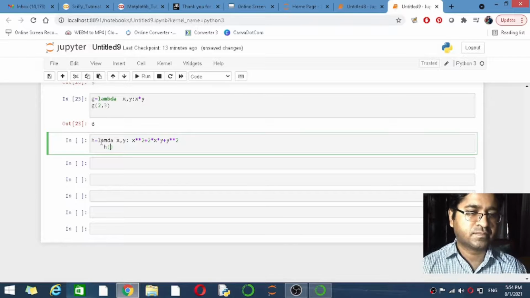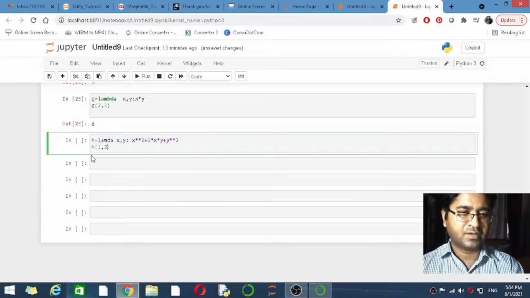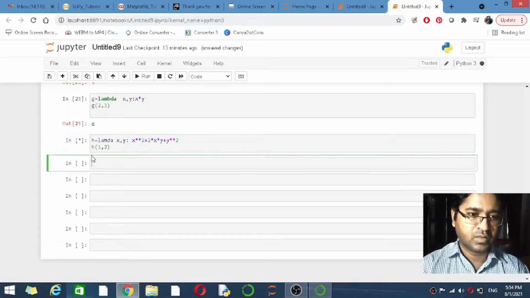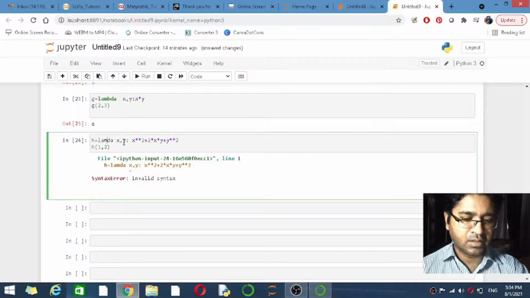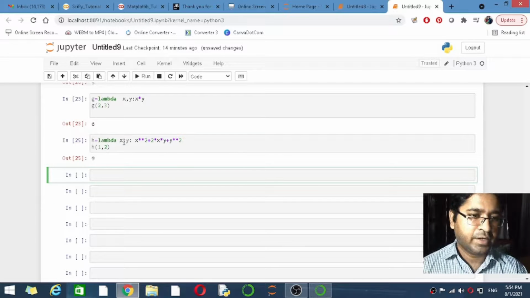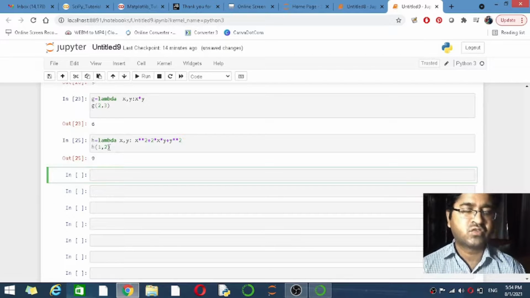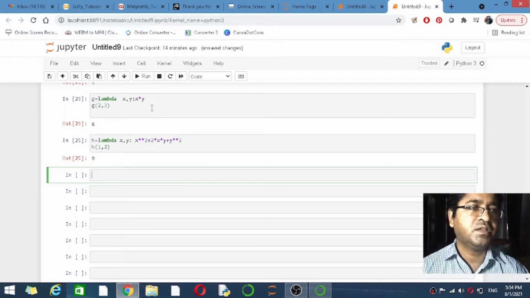Then h with values of x and y respectively. So x is 1 and y is 2, means 1 plus 2, that is 3, 3 raised to whole square. So in order to define the whole square, we can have the quadratic functionals and so on.